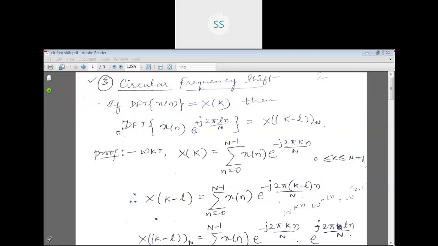Therefore, the property I can say that whenever a time domain sequence is multiplied by a frequency component, then the DFT samples of the original x of n are circularly shifted. By how many places it is circularly shifted will be decided by the L value that you substitute. L can be any value. If L is equal to 0, then e to the power of j 2 pi 0, so e power 0 is 1, e power 0 is 1. Therefore, the DFT of x of n is going to result.